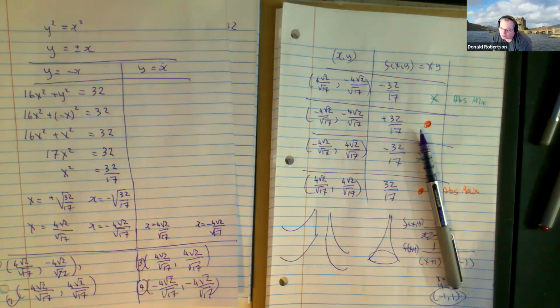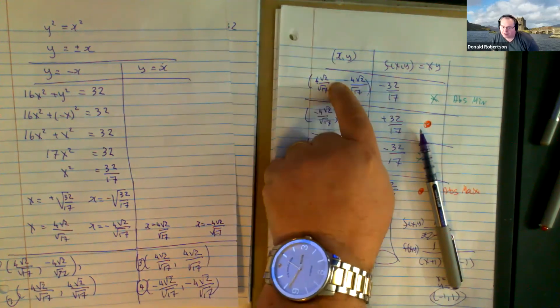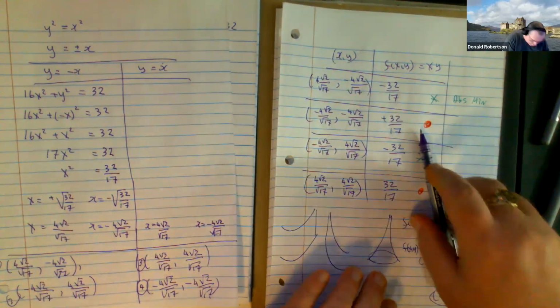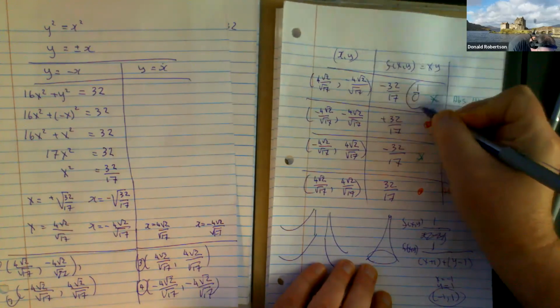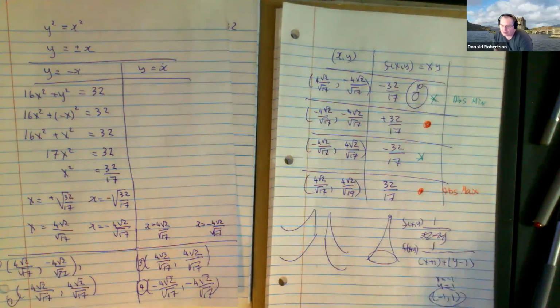So in the 3D world, it is possible not to have an absolute max or an absolute min within a certain constraint. So what on earth does that look like? When you try and evaluate one or more of these guys, you end up with this. Won't you end up with a 10 divided by 0 kind of thing going on? And if you see that, doesn't that mean no absolute max? Because that's infinity. Right. I don't think any of the questions did this, thank goodness, but if they did,